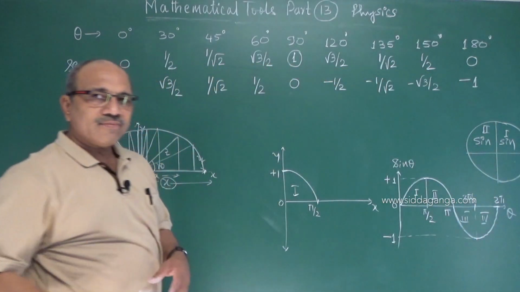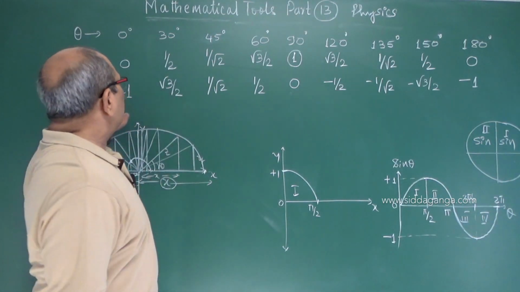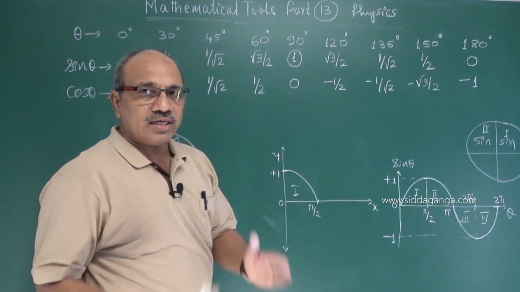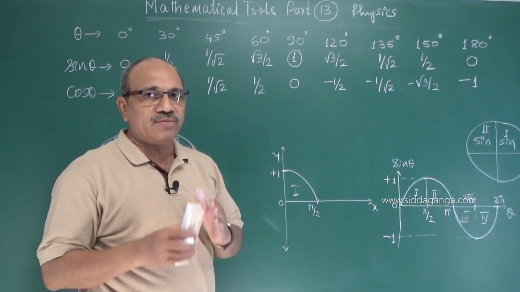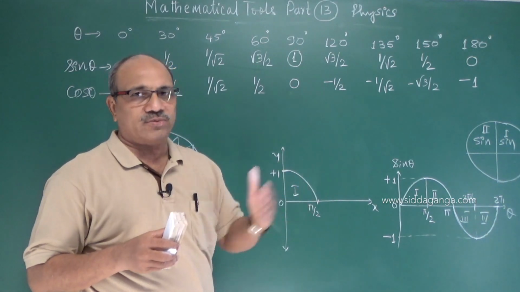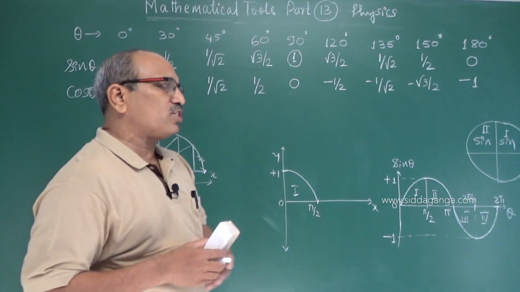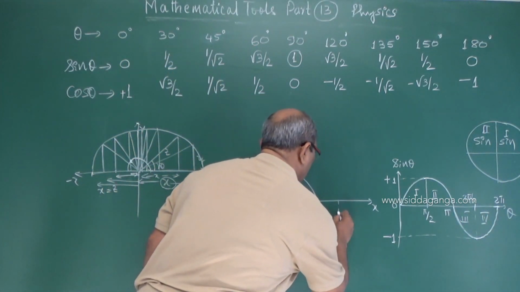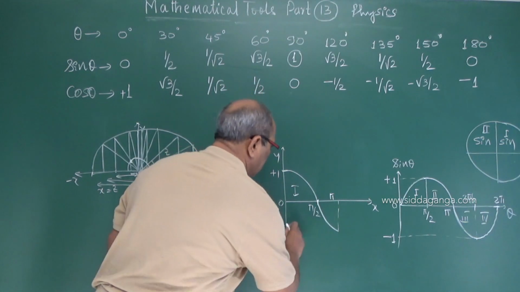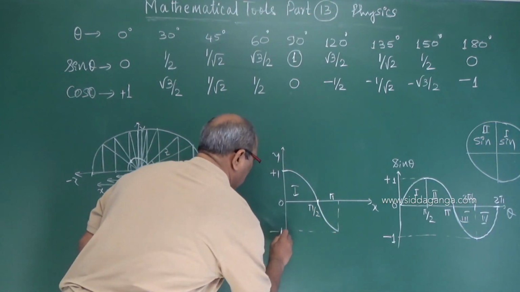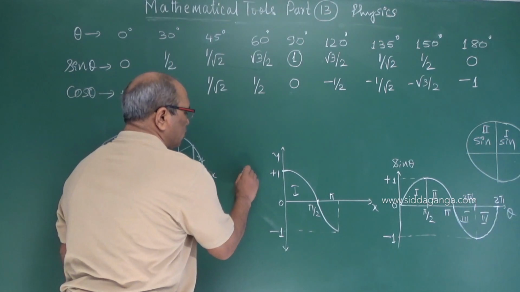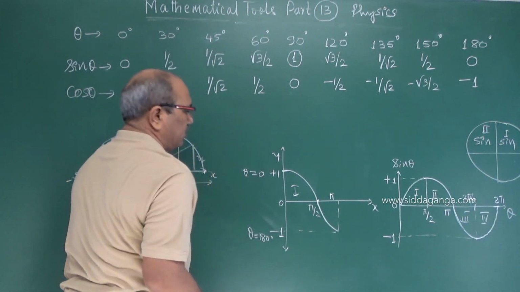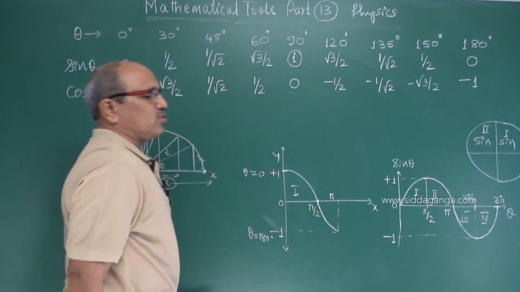See the beauty again. In the cos function you are seeing it started from plus 1, became 0 and then minus 1. Again it swings, like cos is also varying maximum between plus 1 and minus 1, and cos 90 becomes 0. In the second quadrant, if I draw the curve, it will be like this when it becomes pi, taking the value minus 1. So when theta is 0, 1; when theta is 180, minus 1; but when theta is 90, 0.